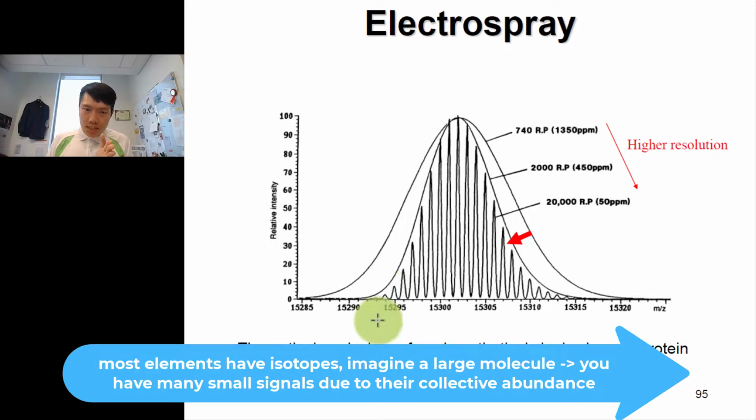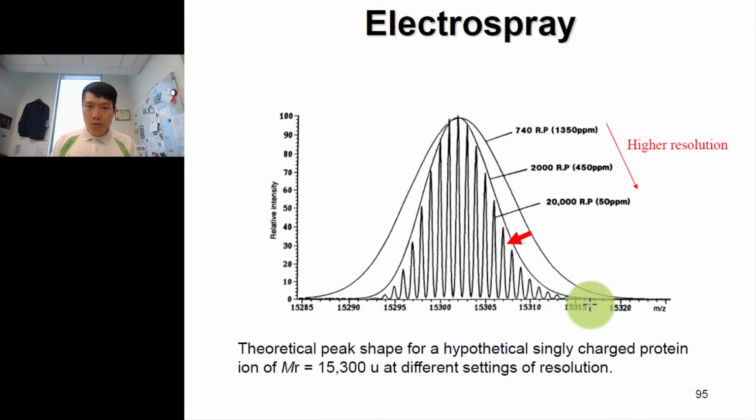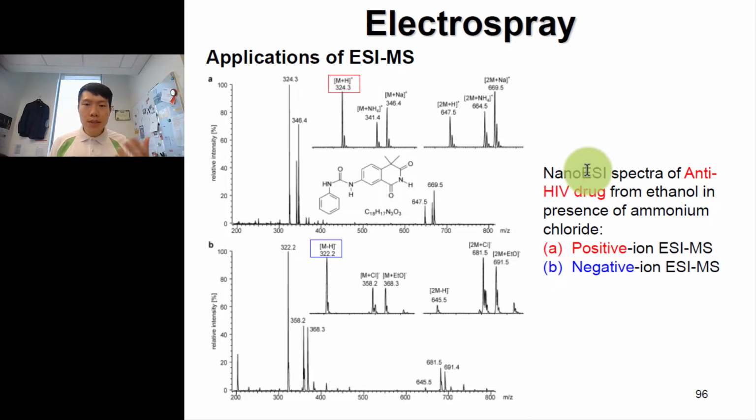So therefore you have different signals adjacent to it, and it can range from almost 15290 all the way to 15315 here. And you look at the range, it is half of 100, like 50. That range is not surprising. Okay. So in this slide here, you see this nano ESI spectra of